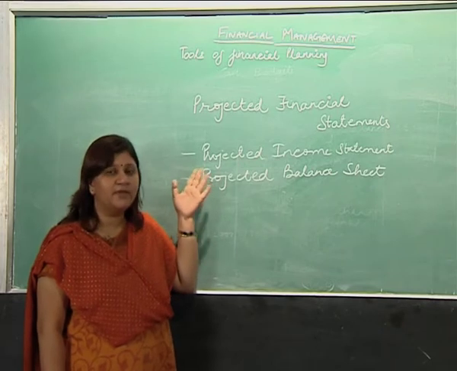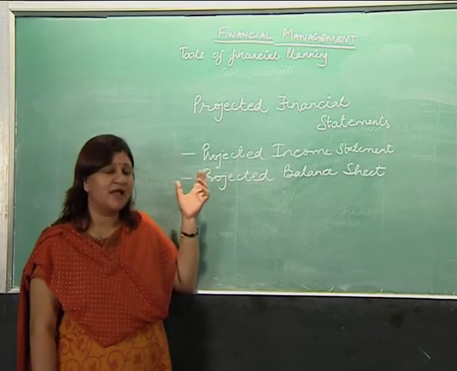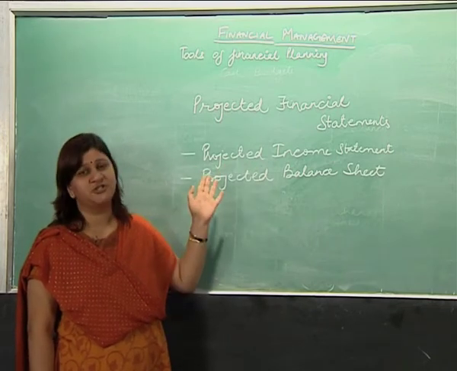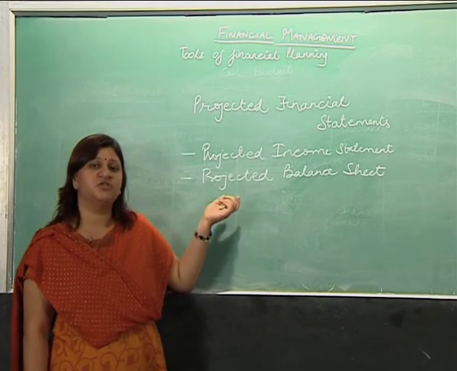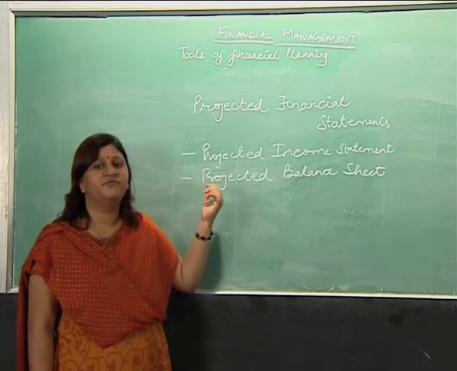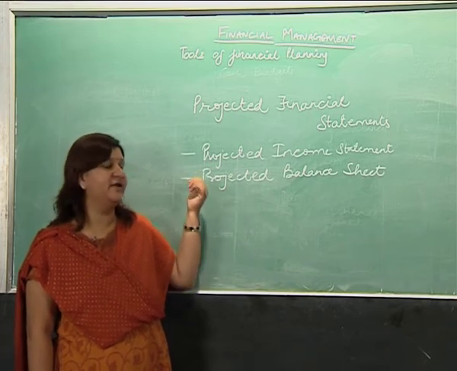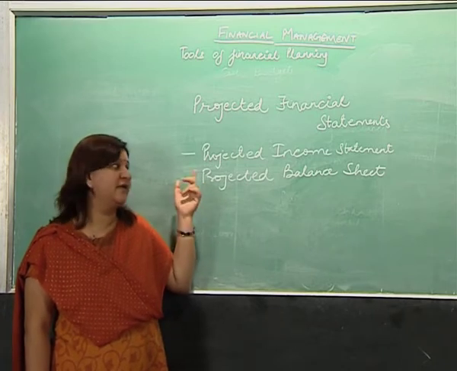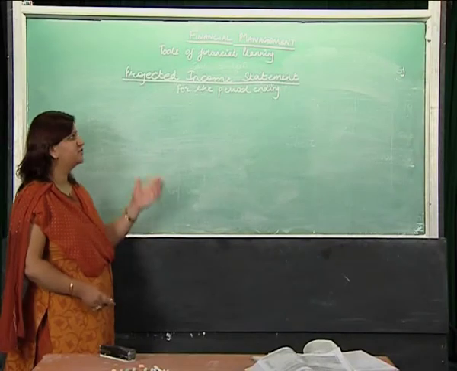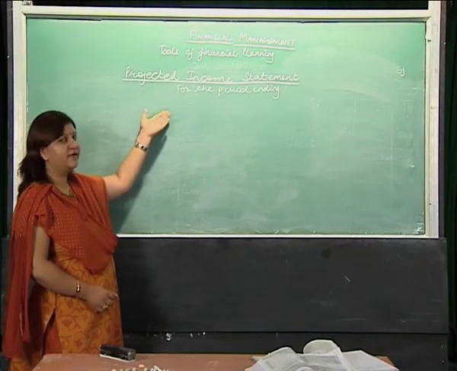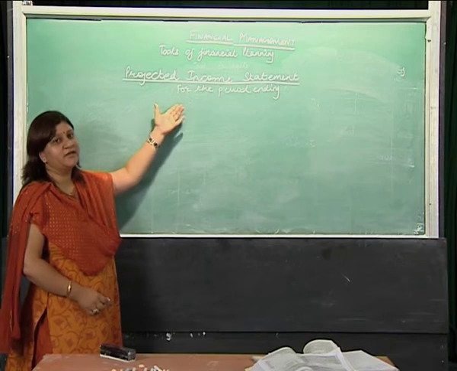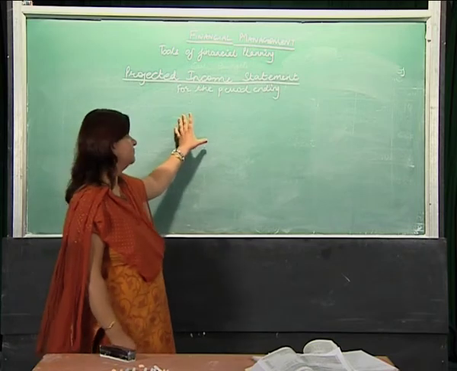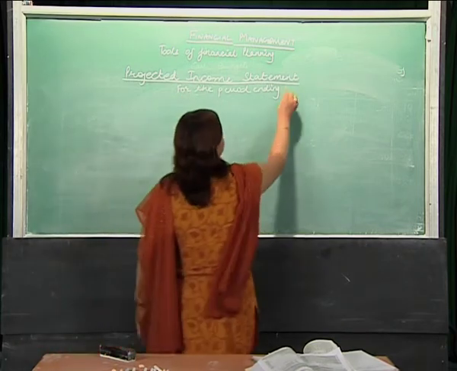So, this is the main criteria of distinguishing between any item of expenditure among the income statement, that is the P&L, or the balance sheet: its nature, whether it is of revenue nature or of capital nature will define the fate of the expense to be classified under income statement or the balance sheet. So, we are taking up a practical question to compute the income statement under this lecture. Now, students, let us see the projected income statement. It is prepared for a particular period. It is not prepared for the point of time, but for the period, that is for the entire year. So, it will be prepared for the period ending 31st March